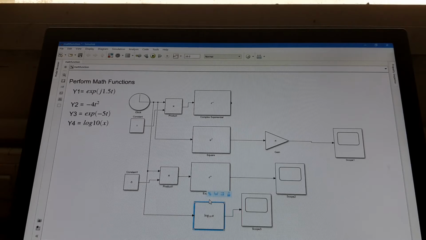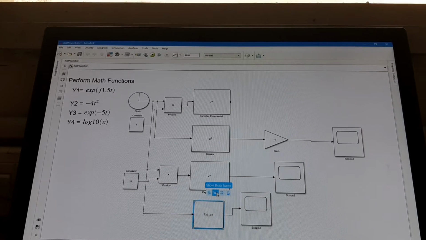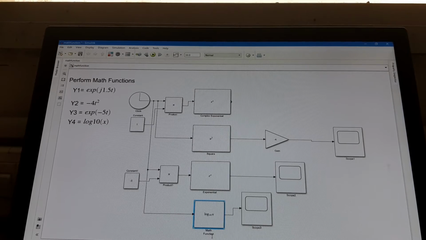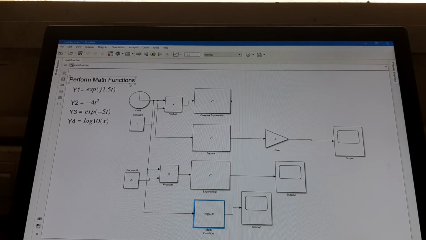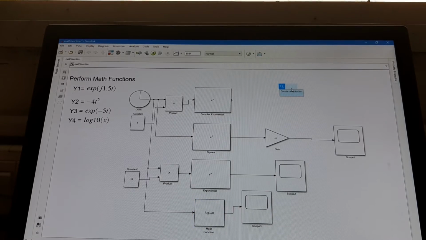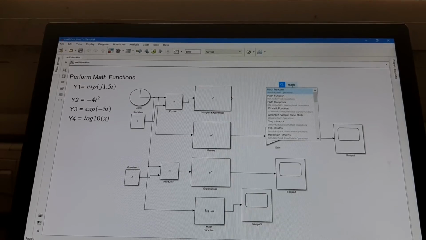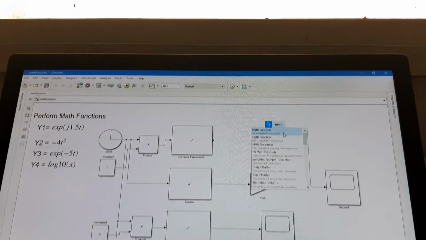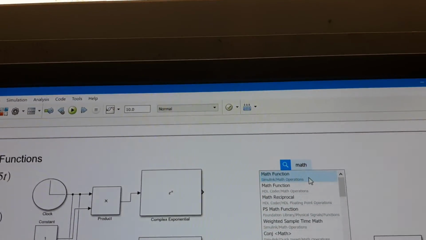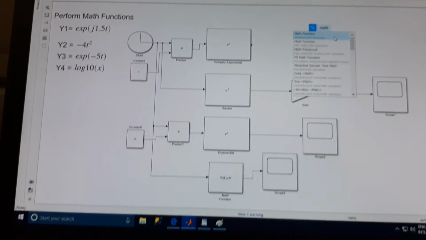Position your mouse cursor on these dots, then you will get these options from which you select show block name, math function. To perform mathematical functions, we need a math function block from where we can access it. Math function block can be accessed from the math operations sub library.